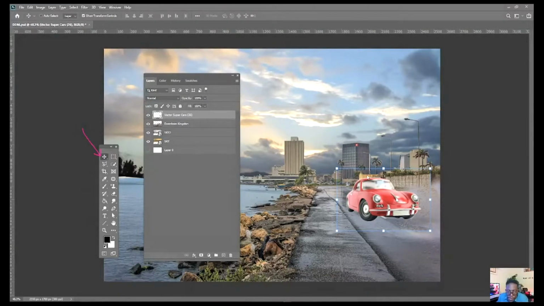Now what we're going to do is use the warp tool to fix the perspective a bit. If you look closely, you will realize that the car's perspective is kind of going this way, but the road is kind of going that way. So it looks a little bit off, right? And this is where the perspective correction tools come in, which is great for architectural use, right? So to change that perspective,